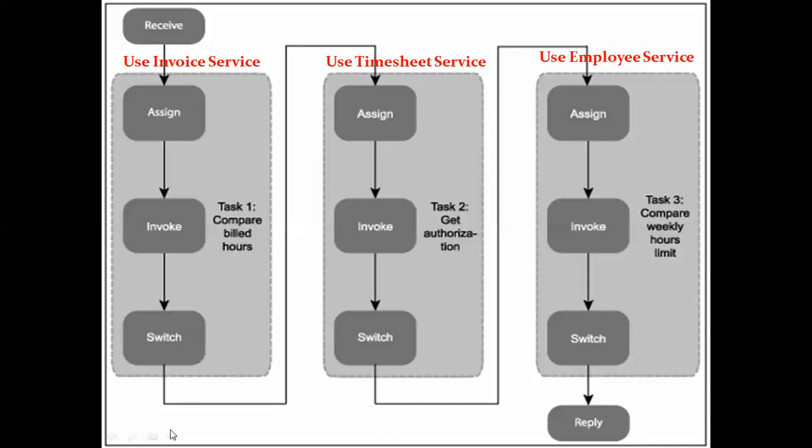If the first condition fails, throw the error right there. If the second condition fails, throw the error right there. If the third condition fails, then throw the error right there. So this is the sequence procedure of this timesheet submission process. If all three services execute successfully, it means the timesheet is accepted. And if one of the services fails, it means the timesheet is rejected.